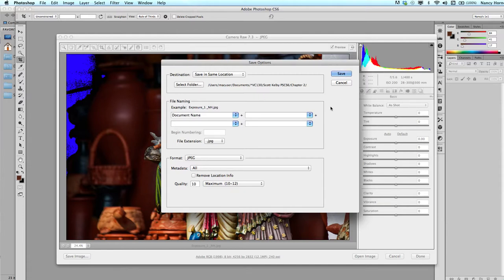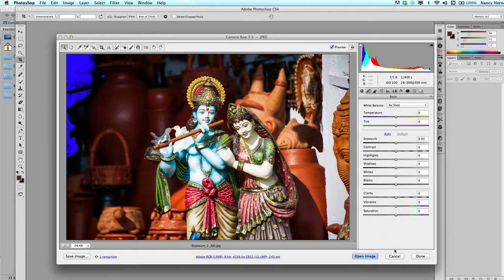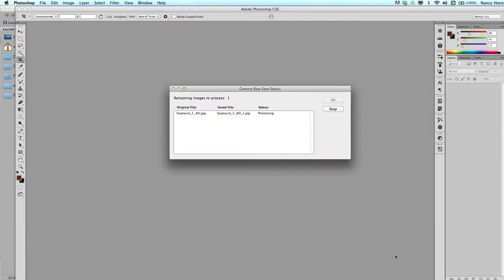And then if you click on save, watch the extension also, because if the file extension is different than what you currently have, it will save a copy of that as well. But if I click on save and click on cancel,